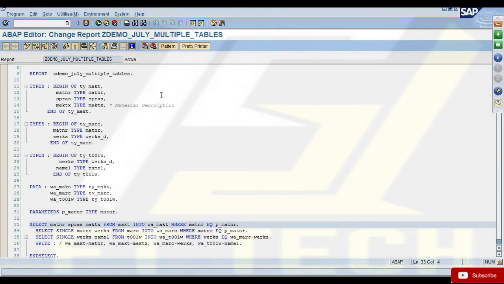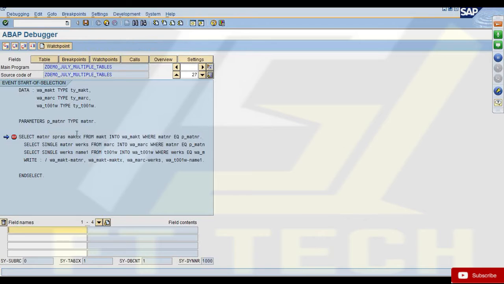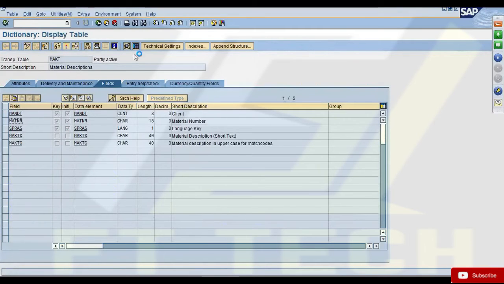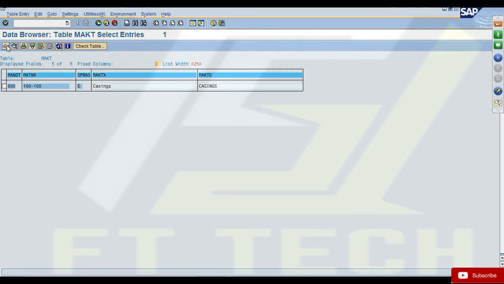Shall we see this in debug mode for you to understand what mistake we are doing? Yes. So I'll give this material number. You're selecting from MAKT, so you're looping this MAKT table. In the MAKT table, for 100 material, this table has only one record, right?